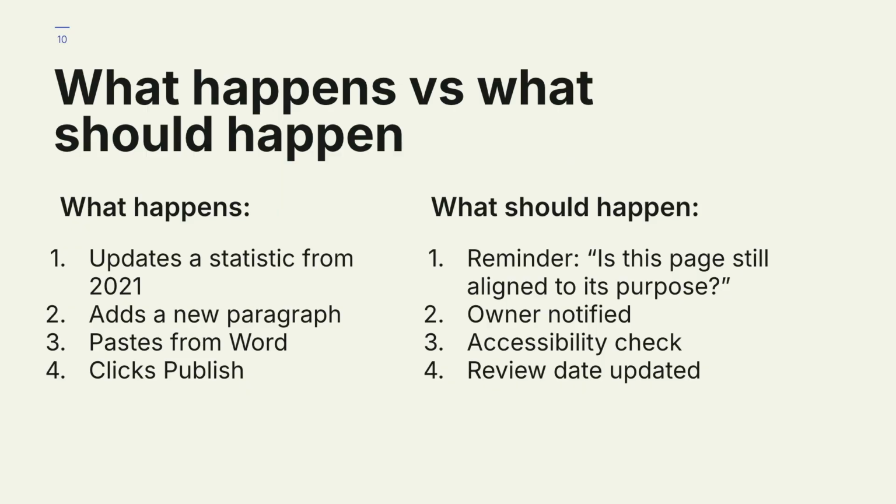Here's a little breakdown of what happens and what should happen. It's a reiteration of what I just said. People usually go in, they have a very targeted update to make. They make the update, they add content. They don't necessarily review the rest of the content, and they publish it. But what should happen is a moment of reflection. That's really what the module concept that I put together invites: that moment to reflect, notify the right content owner at that time, trigger an action for accessibility checks, or update a lifecycle